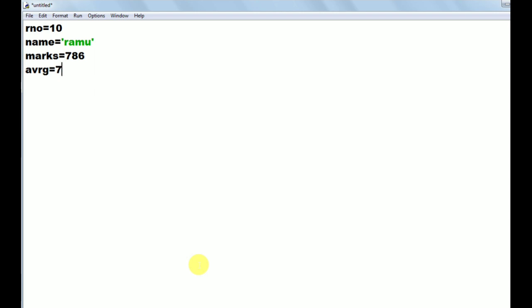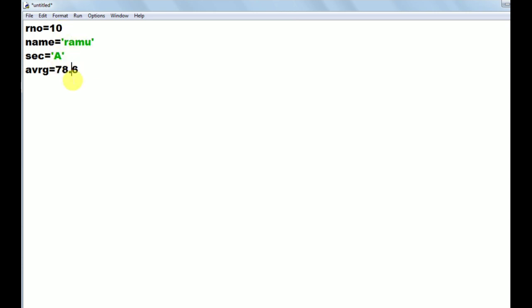So here I am taking 4 different data type values. Instead of marks, I am taking section here: section equals 'A', specified in single quotes. One is integer, next string, next single character, and next one is float.